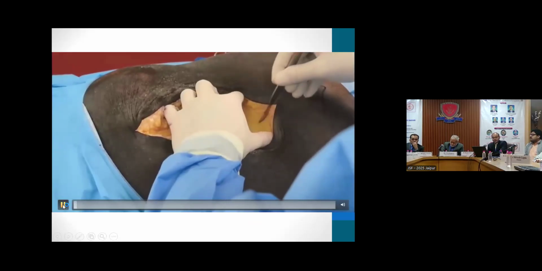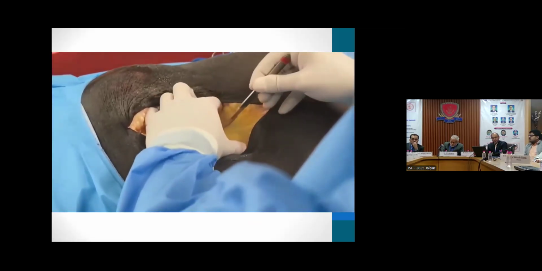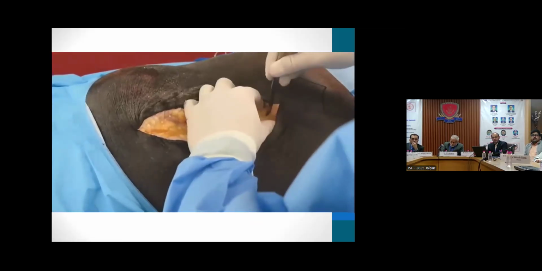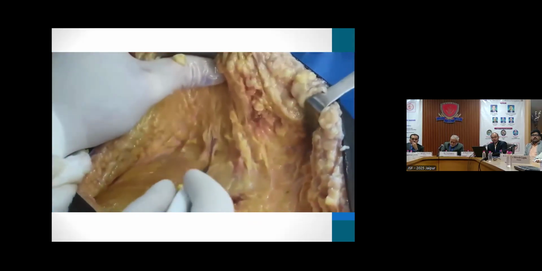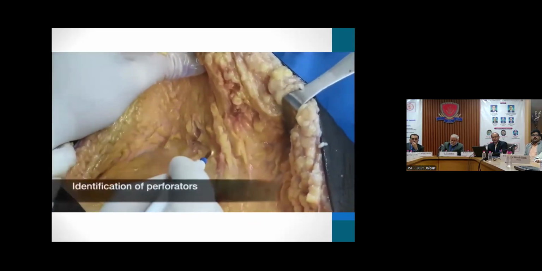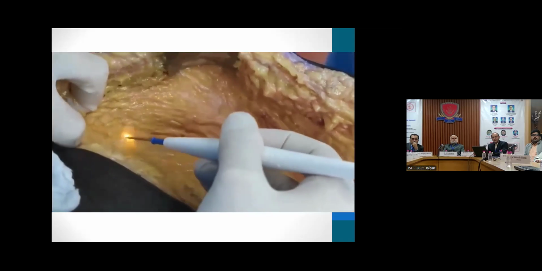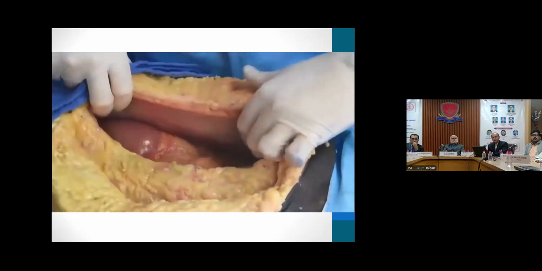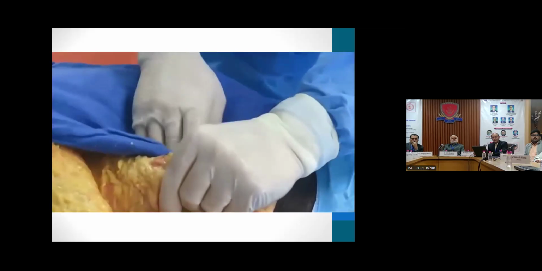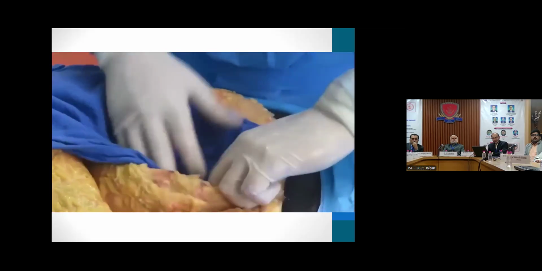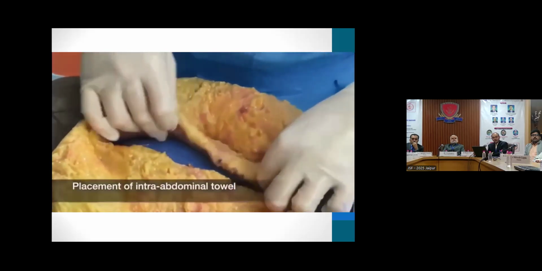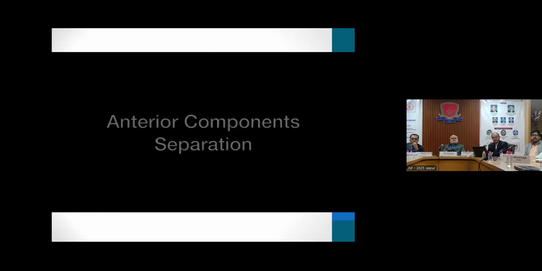Actually, we don't practice much of the anterior component separation, so I'll be showing you more of a theoretical video, but you'll be better able to understand what we mean by an anterior component separation. Herein, we are again separating the layers between the external oblique sheath and the anterior abdominal wall. After the separation of this